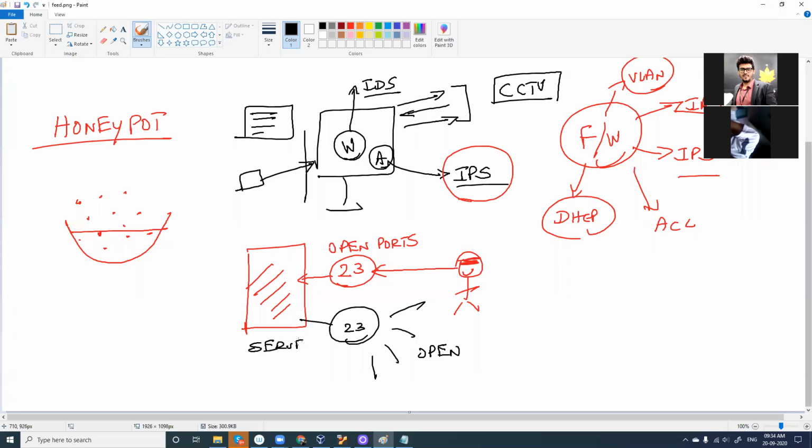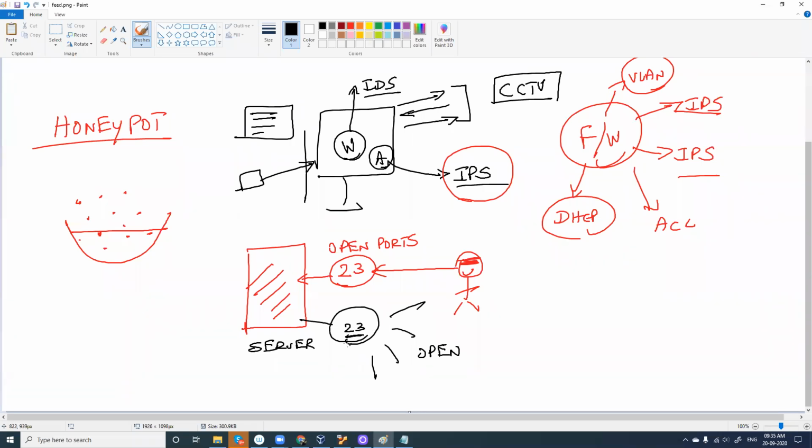What is the need for a server to open up a port which is not actually open? Why should I show the whole world that this particular port is open? Because that is where I'll try to identify persons who are trying to scan my network, right? Who are trying to scan my network and who are trying to attack me.